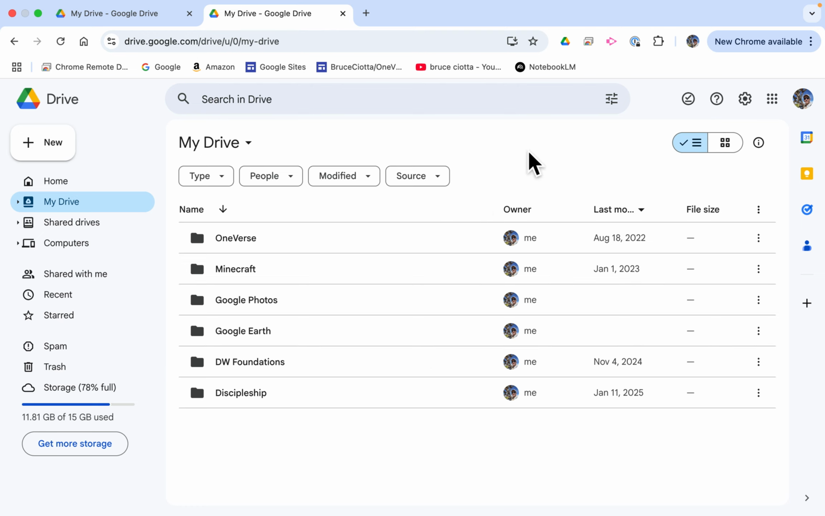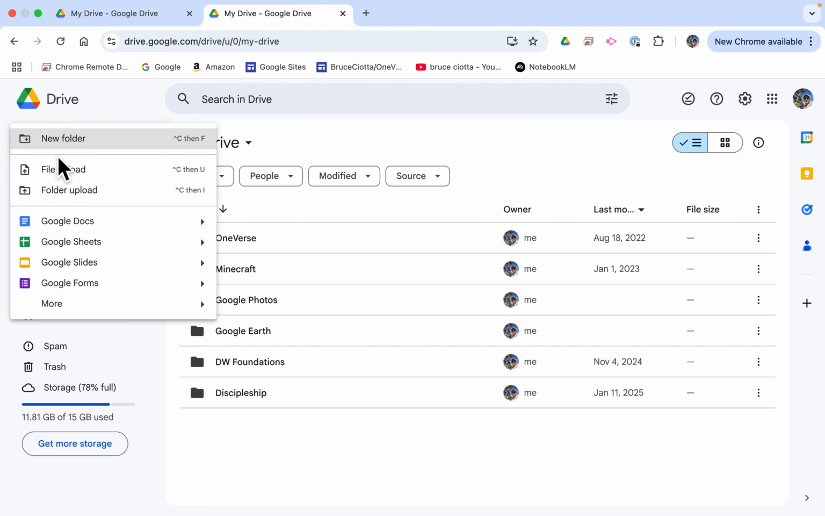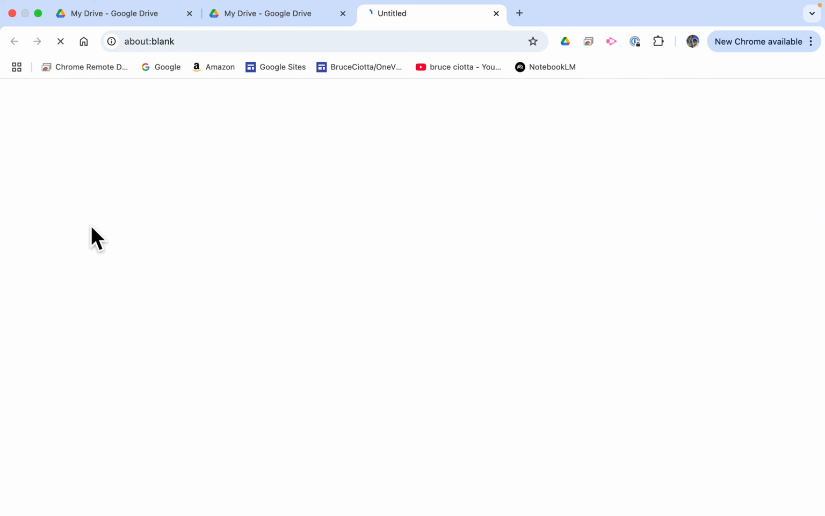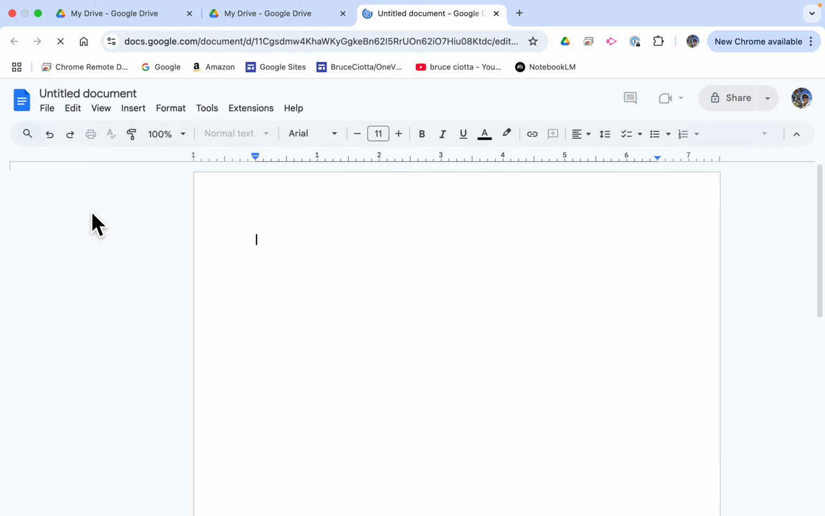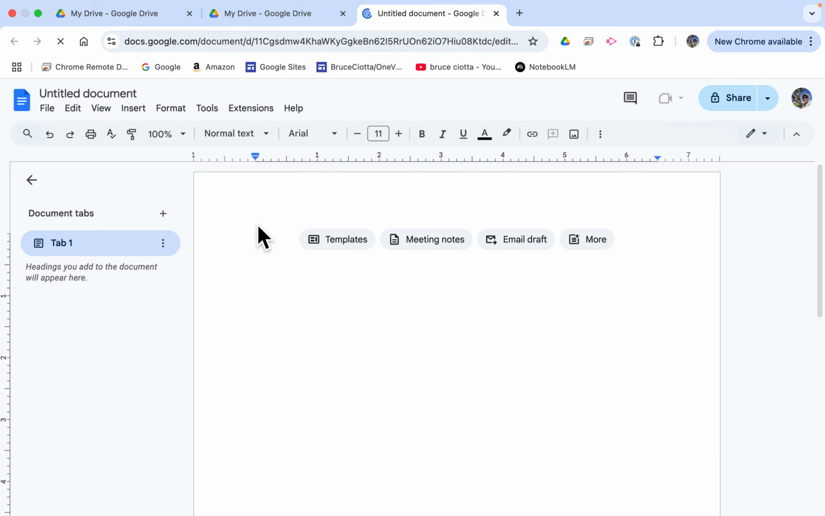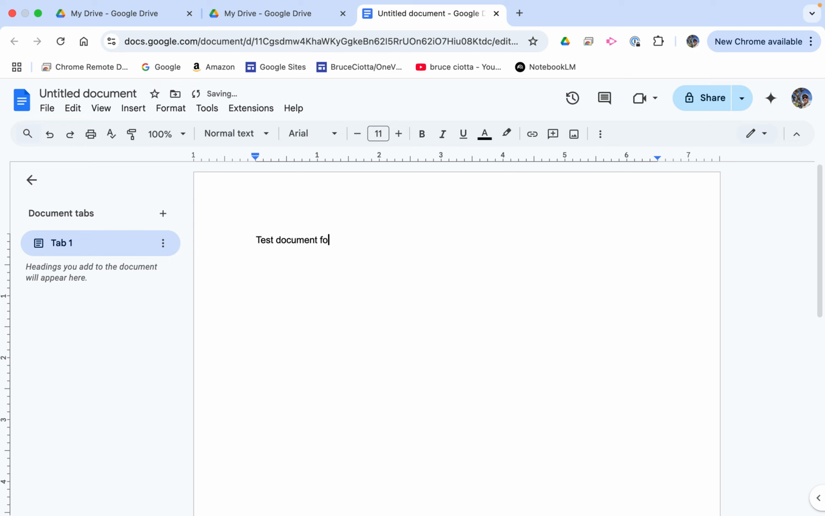Okay, so we're here in Google Drive, and if you just go over to the new or plus new button, you can see where you can create a new folder, or we're going to create a new Google Doc. And as you could tell, it's an untitled document. It gives you a lot of options, but just to keep it simple, we'll just call it test document for